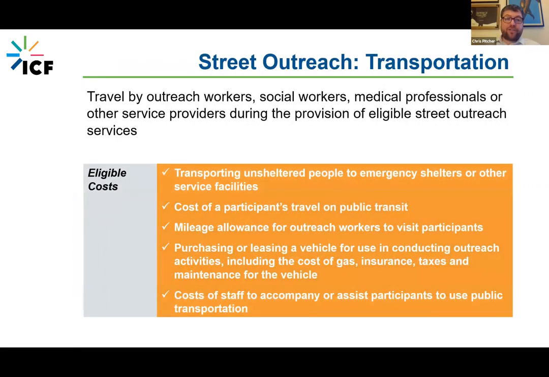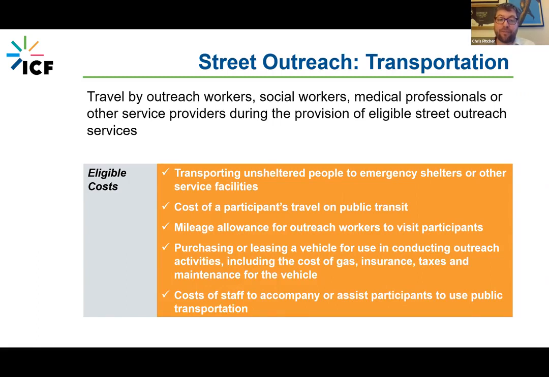We also can provide transportation. Transportation is pretty straightforward. We can pay for travel of the outreach workers or social workers or other medical professionals to go out and provide eligible street outreach services to folks in an unsheltered situation. The eligible costs can be transporting unsheltered folks to emergency shelter or other facilities, giving folks the ability to use public transportation.